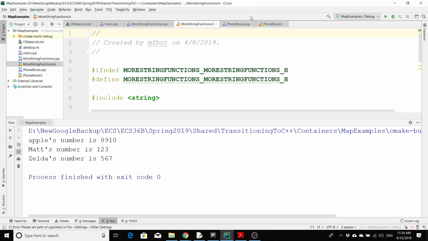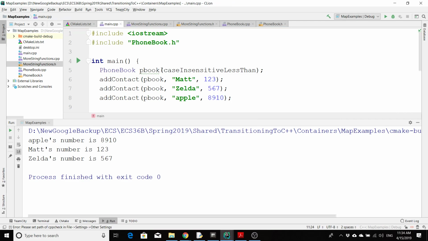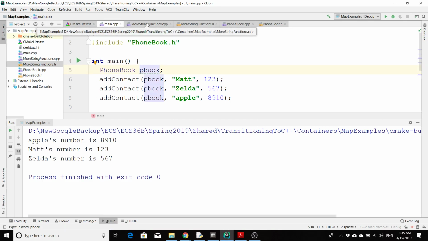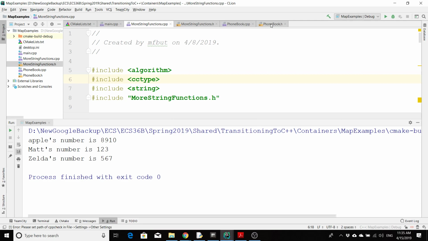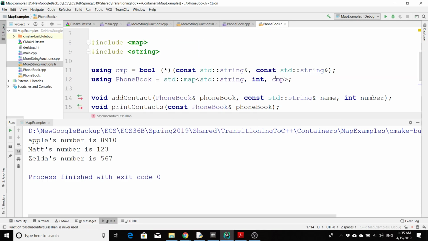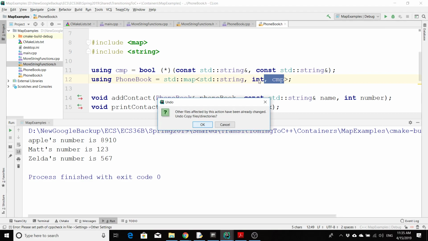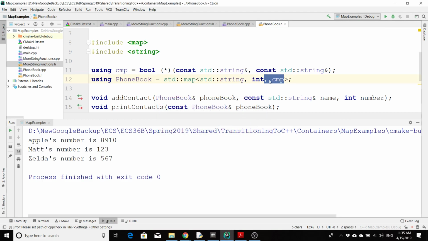right? If I take out the fact that I want to do this, I guess I would have to remove this. Get rid of that. And then over here, phonebook.h, comment this out. Oh, something's got messed. Okay. And now if we go and we do it again,